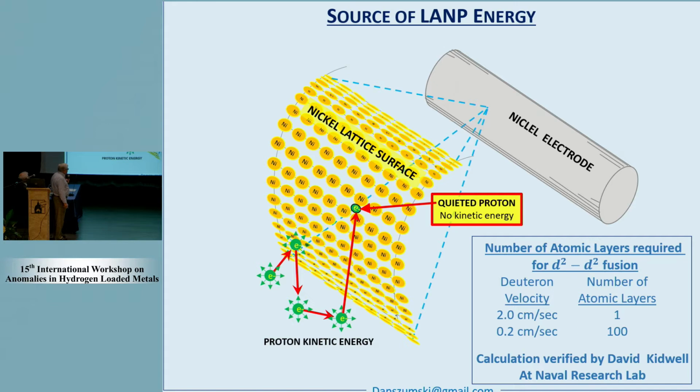I've calculated the number of atomic layers that are required for a deuterium fusion using the kinetic energy of a 0.2 centimeter per second proton. And you can see, it's only 100 atomic layers. David Kidwell saw this when I first presented it, and he said, no way, that's silly. He called me up 2 weeks later and he says, you're right. You are so right. There's a capacity for an enormous amount of fusion energy in